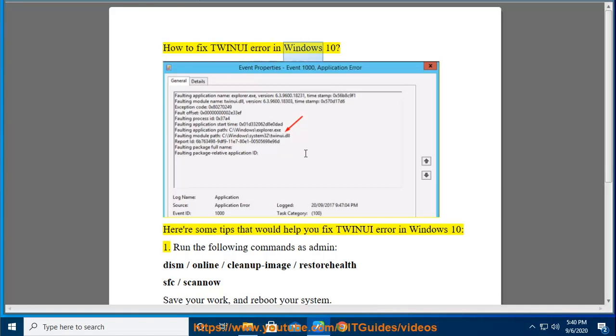How to fix TWINUI error in Windows 10. Here are some tips that would help you fix TWINUI error in Windows 10. 1. Run the following commands as admin: